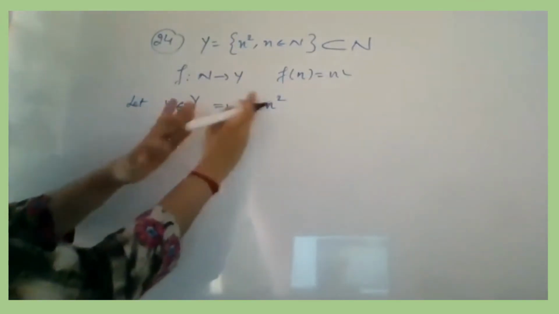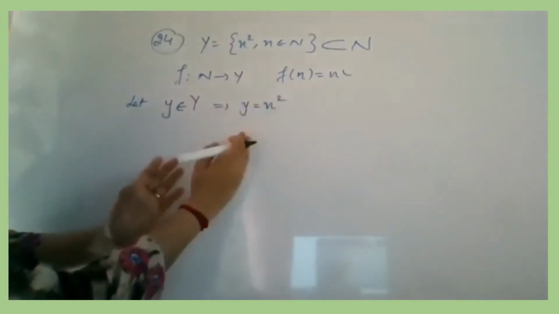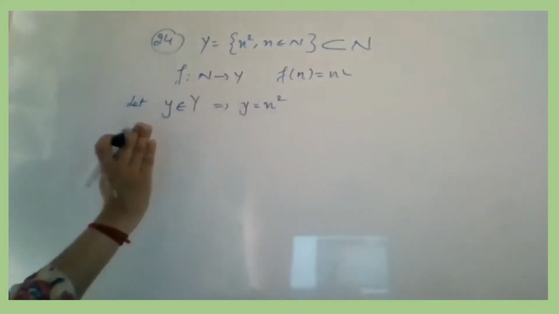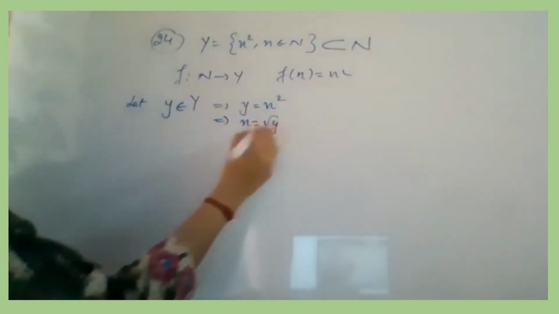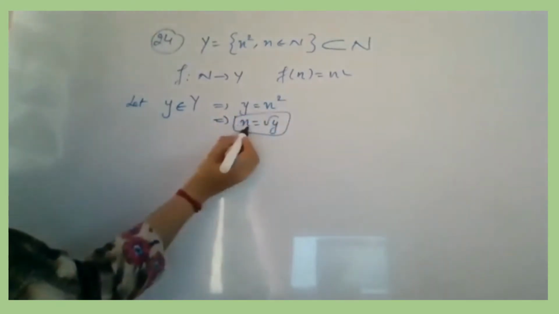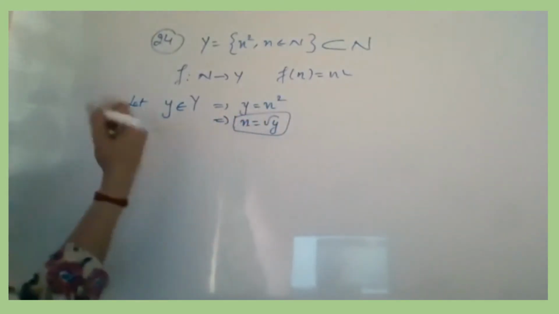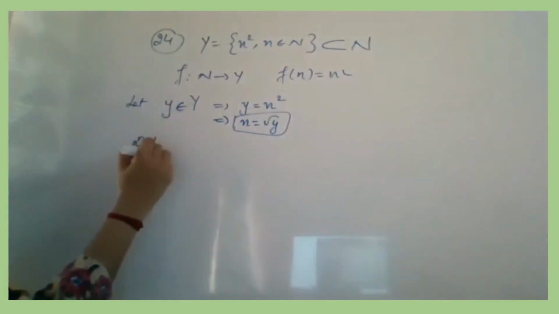जैसे हम y equal to x का कुछ function देते हैं, उसके बाद x equal to find out करते हैं. यहाँ पे वो n है x की जगह. ठीक है? So this will give you n is equal to root y, and this n equal to root y will act as your g function. Okay. Now we will define what is g.